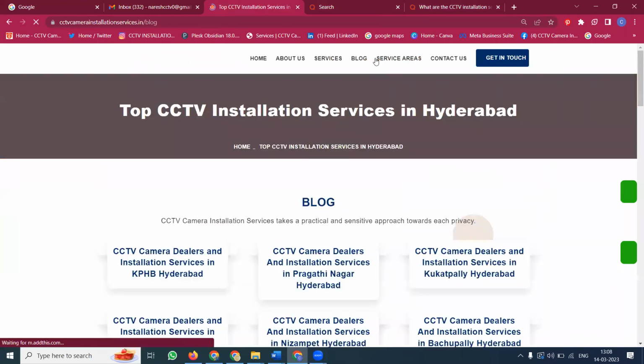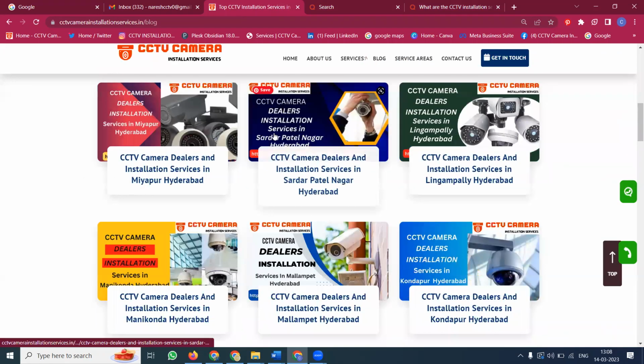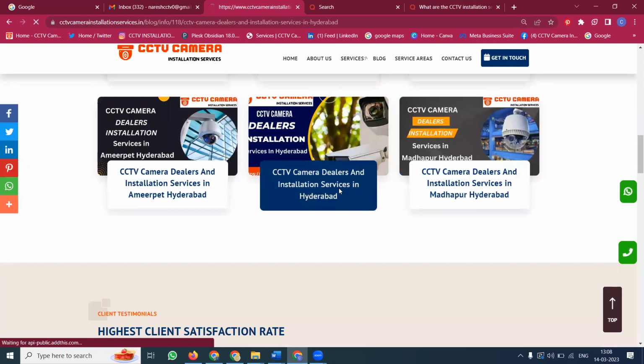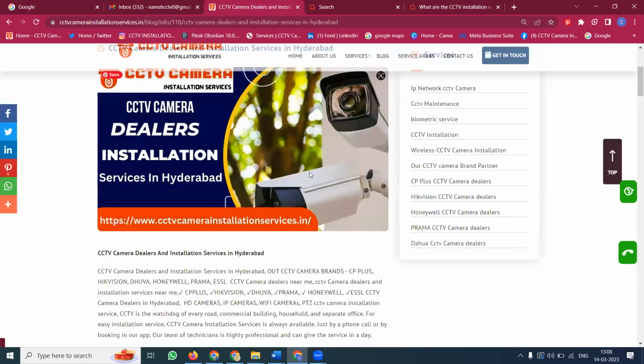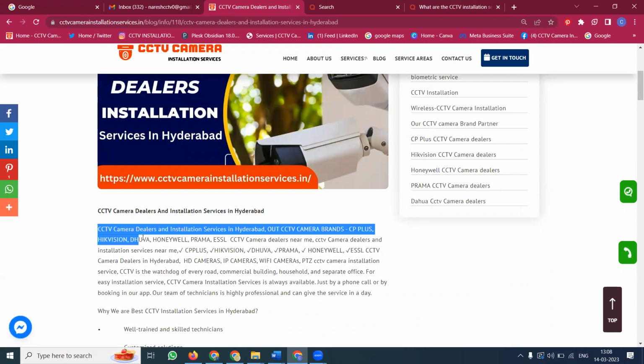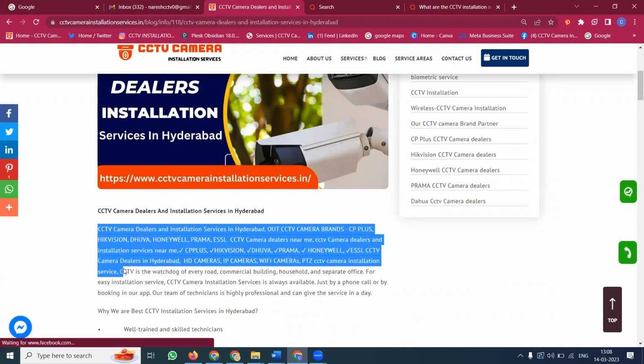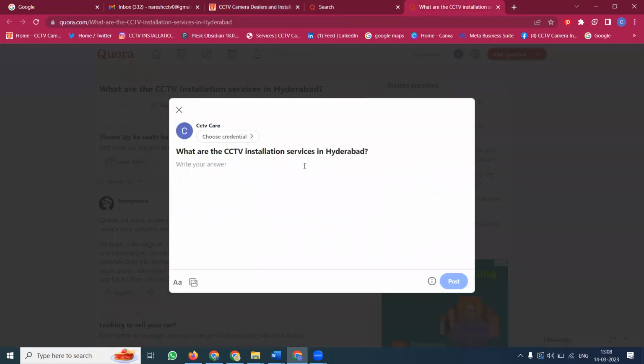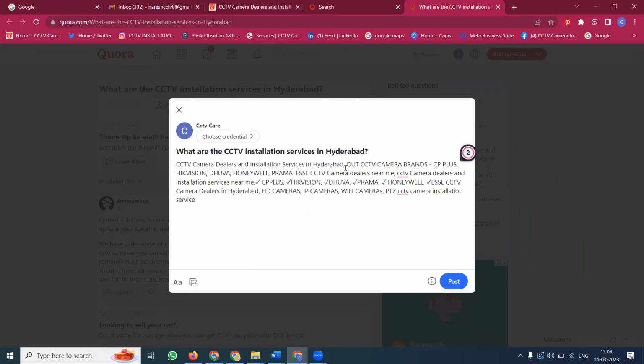First of all, create that content on your particular website. So here, Hyderabad. Copy this. They're asking only about particular brands. This is Hyderabad.